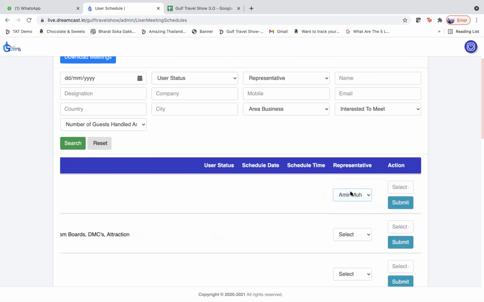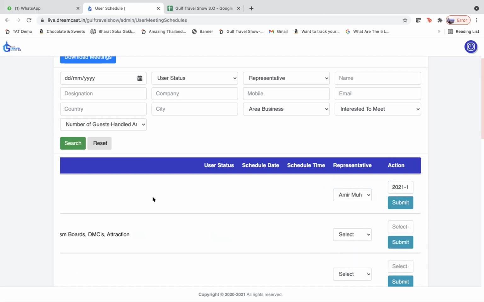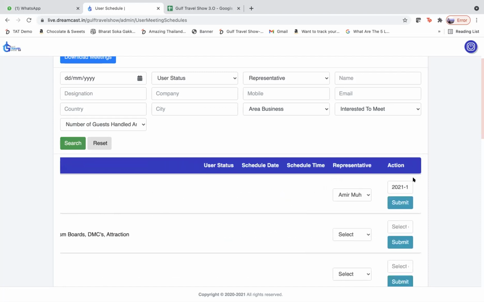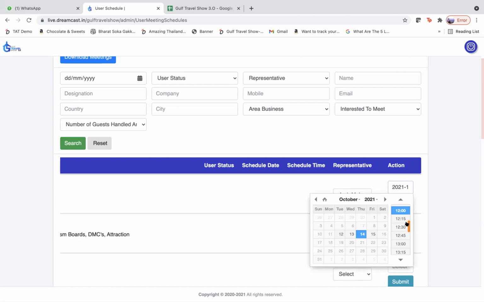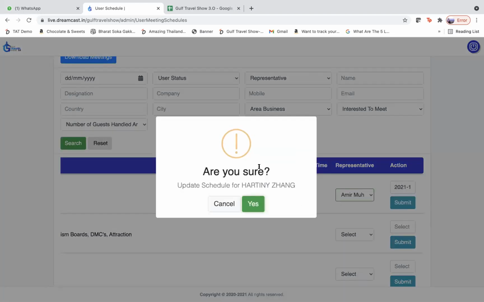Once you click them, you can select the time. For example, on the 14th at 10 a.m., whatever time is suitable, I will be requesting this tour operator from Prima Travel. Once I submit it, I will be sending a request for the meeting. I'm just showing it for your information. One can cancel this also. It asks, are you sure to send the meeting? And once you click yes,